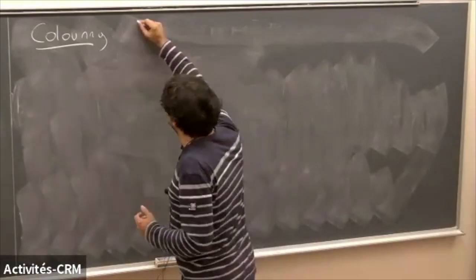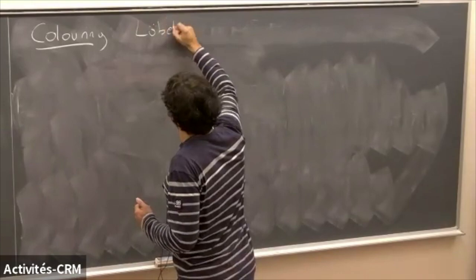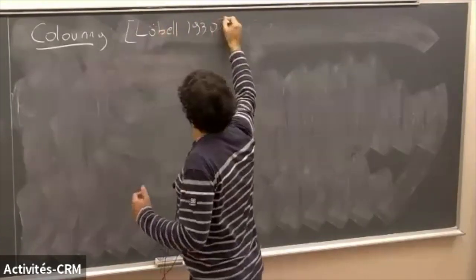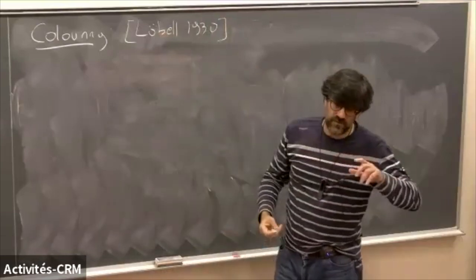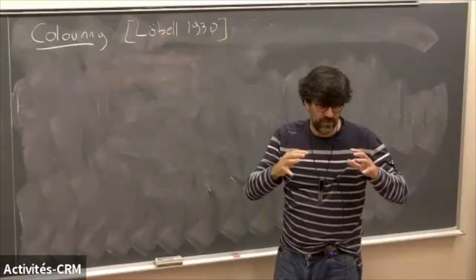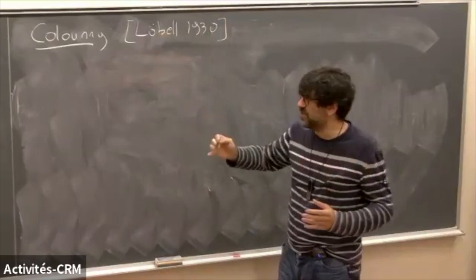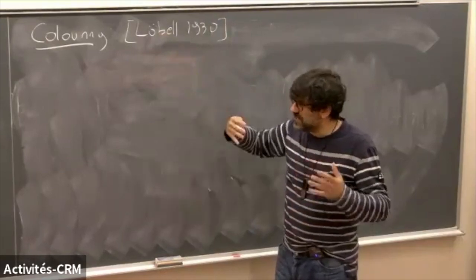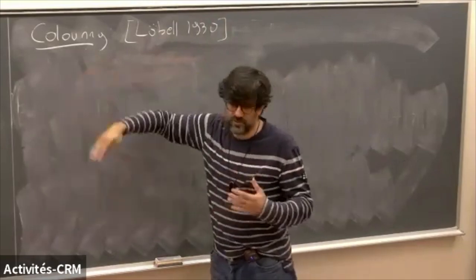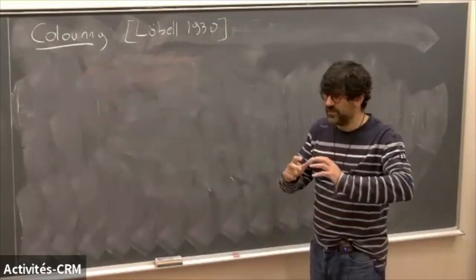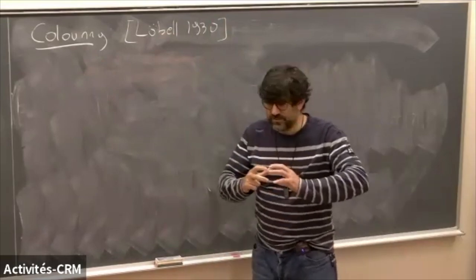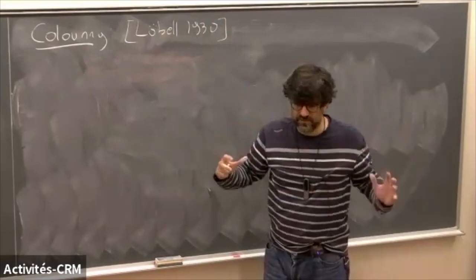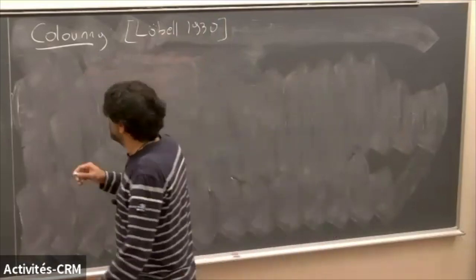And the first one who did this, I think, was Löbell in 1930, who constructed the first closed hyperbolic 3-manifold, starting with the right-angled dodecahedron. Okay, so he used a different language, but as far as I know, it is actually the same thing I'm going to explain. He wanted to construct a hyperbolic 3-manifold which is tessellated by a certain number of these dodecahedra. So the thing you do is the following: